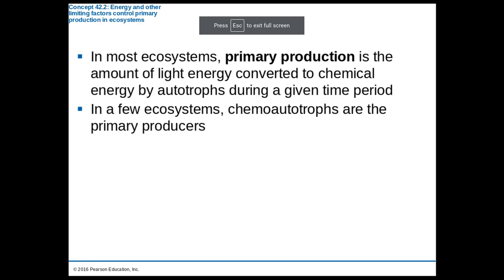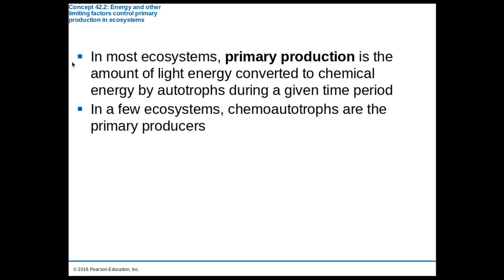In 42.2, we're going to be focusing on how energy moves through the ecosystems and also the major factors that control how much energy is going to move through. So, one important term to understand as we begin this section is that of primary production. This is essentially the amount of light energy that gets converted to chemical energy by autotrophs during a particular time